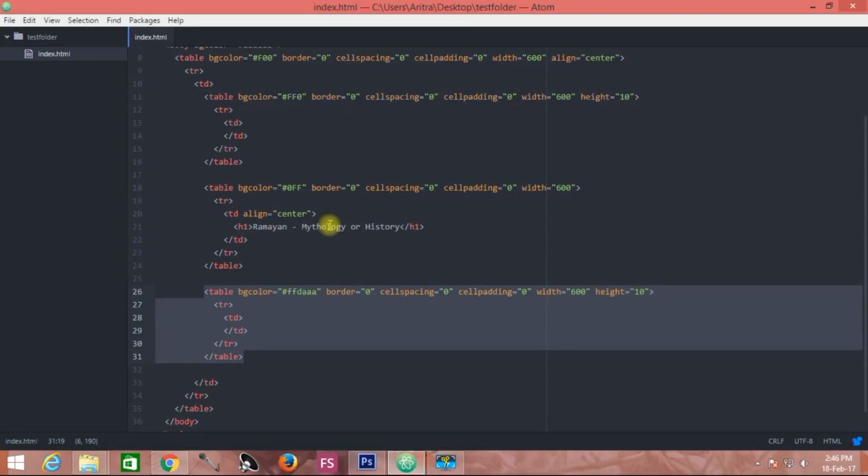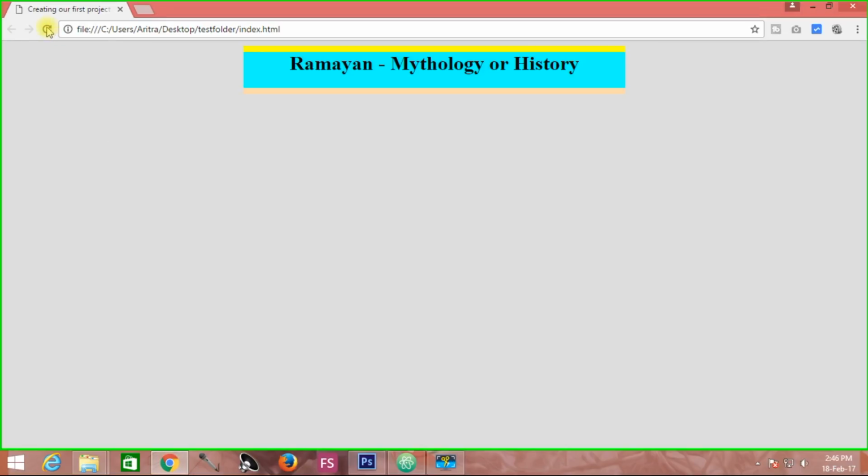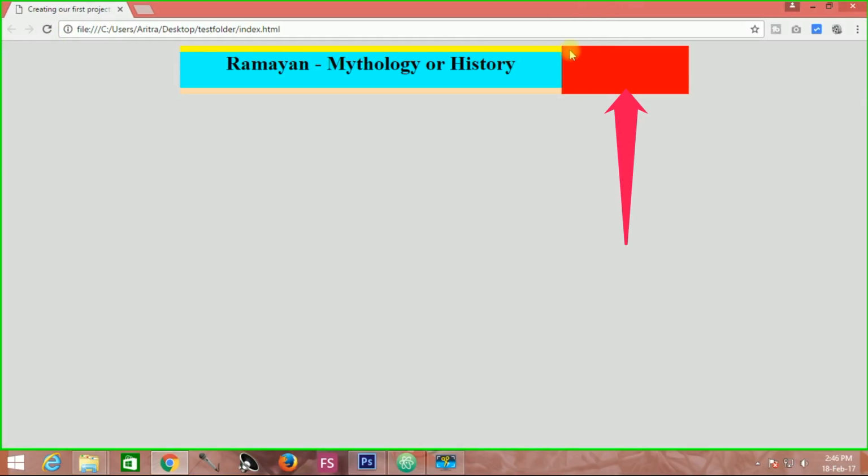Now you may ask me that no such mother wrapper is being observed over here. This is because you have provided the width of all the tables as 600 pix, and this is the bottommost table that has been suppressed by the other tables. So if you want to watch that this table is actually present, all you need to do is change this 600 pix of this mother wrapper table. Press Ctrl S, come back to your internet browser, reload, and you see that the mother wrapper table is now being observed over here, which is red in color.